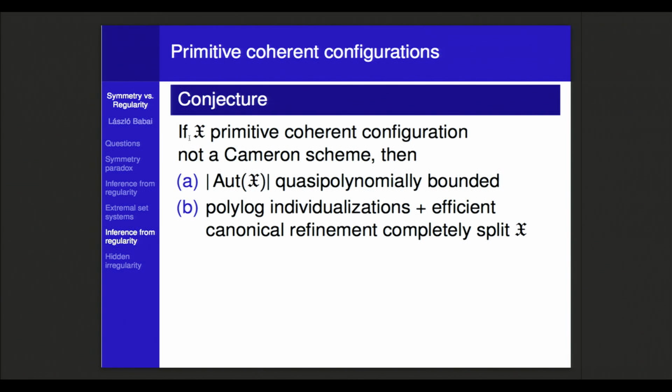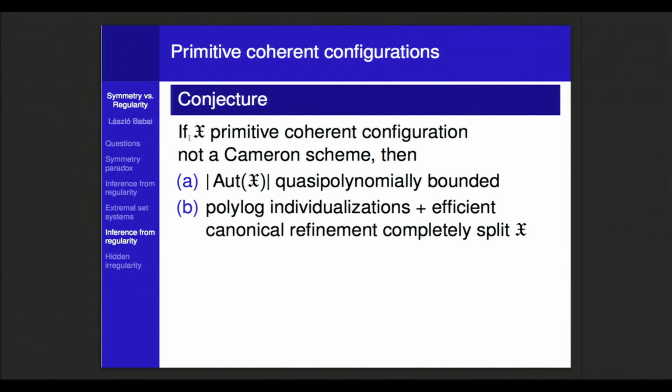Okay, so this is the conjecture that I like to propose. If you have a primitive coherent configuration that is not a Cameron scheme, then the automorphism group is quasi-polynomially bounded. And more than that, I'd like to propose that this result be effective. So it is not just that somehow magically there is a bound on the number of automorphisms, but this bound can be found by